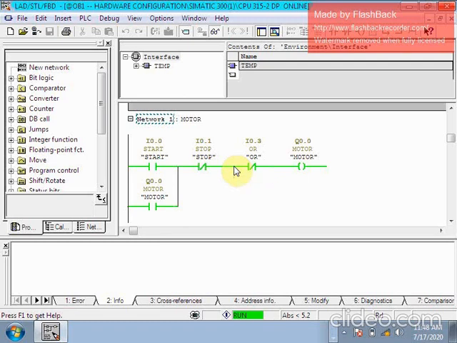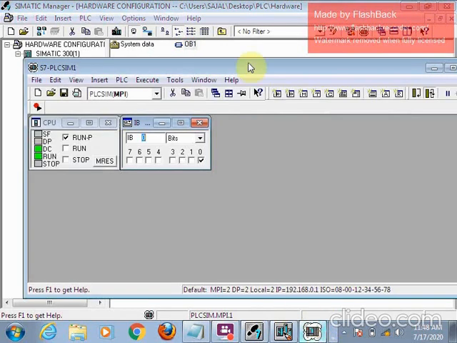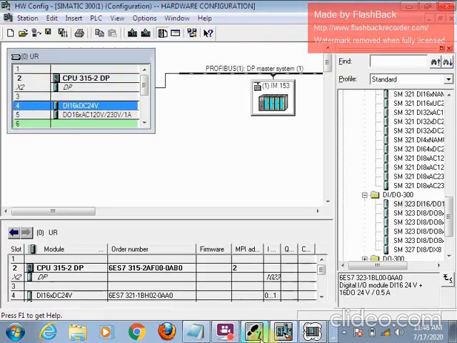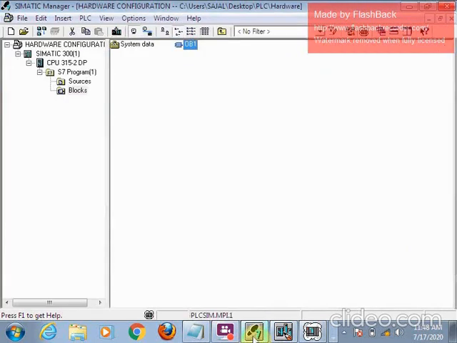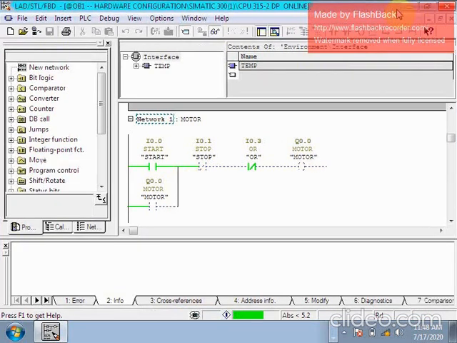That's why the Q 0.0 becomes on. Similarly, let's insert I 0.1. I make I 0.1 high. So what will happen now? Now it is high. Since it is an NC contact, it will break from here and the Q 0.0 is not coming.